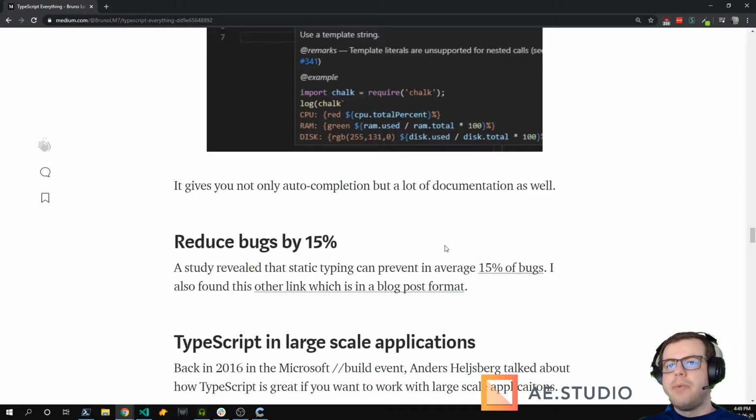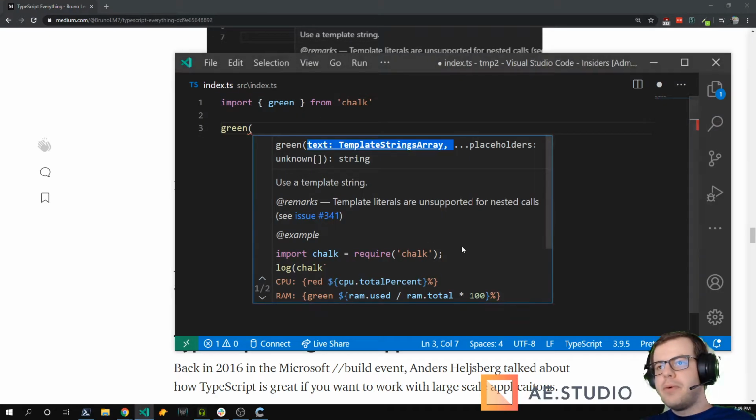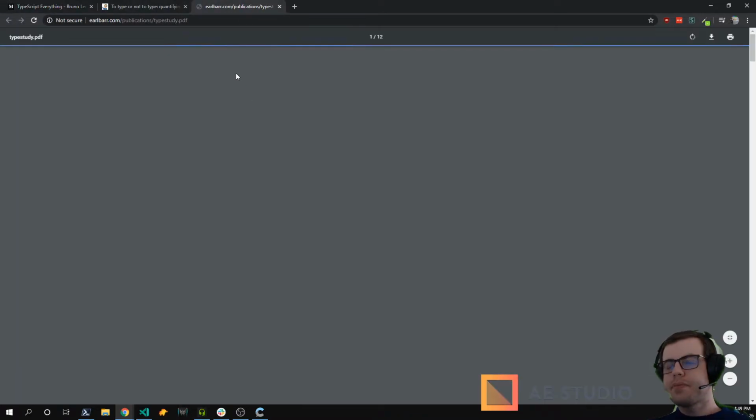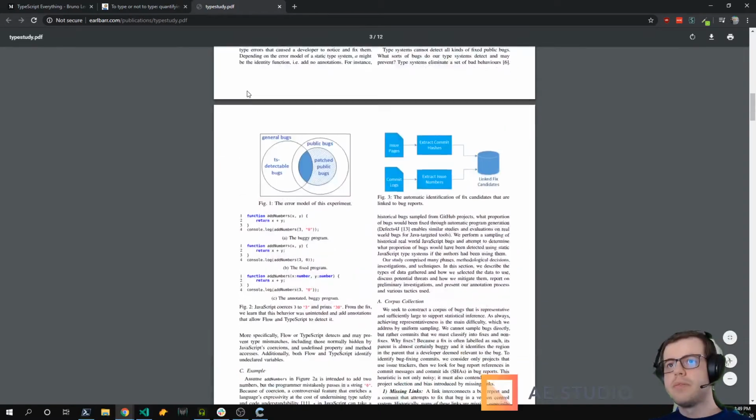So why type? You want to type because of everything that I said so far, and because there is actually a study that shows that typed languages can prevent 15% of bugs. There is a PDF file with the full study here.